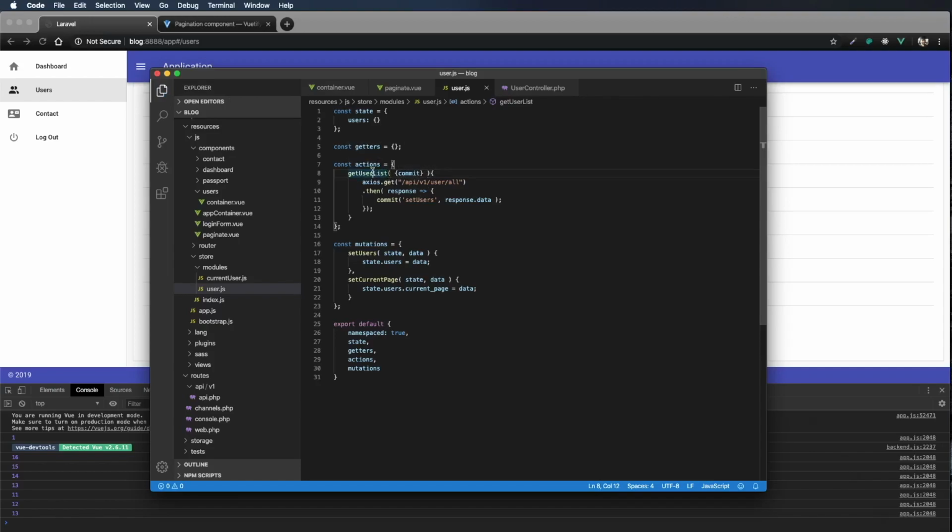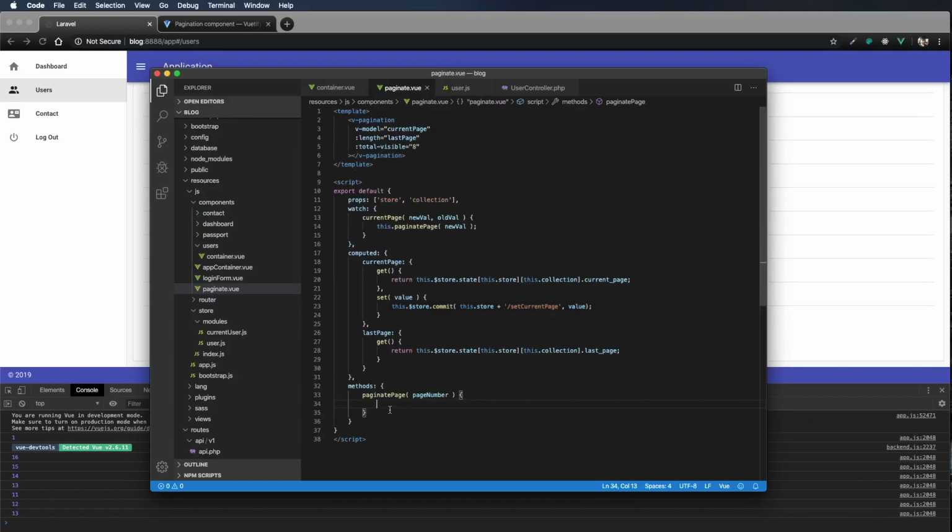And I'm actually going to change it even more. I'm just going to say get list, because I'm going to use this method in all of my modules. So if I have a module called products, I can add a get list method to that module. And then every time I paginate, I should be able to say this